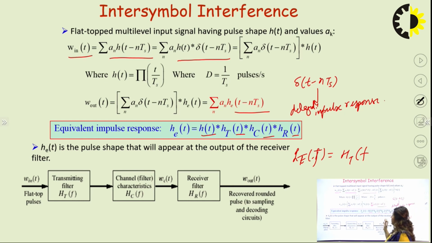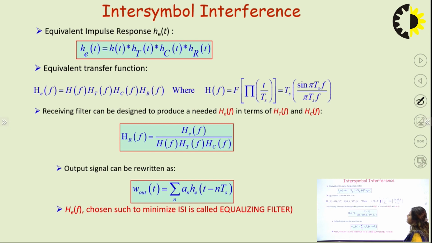So according to this, we can easily calculate the equivalent impulse response of the blocks before sending the pulses to a decoding circuit. Initially the pulses have to pass through these blocks and then they will be recovered as rounded pulses. So we have the equivalent impulse response h_e(t), which is h(t) convolved with h_T(t) convolved with h_C(t) convolved with h_R(t). The equivalent transfer function is given by H_e(f), which is H(f) multiplied by H_T(f) multiplied by H_C(f) multiplied by H_R(f),